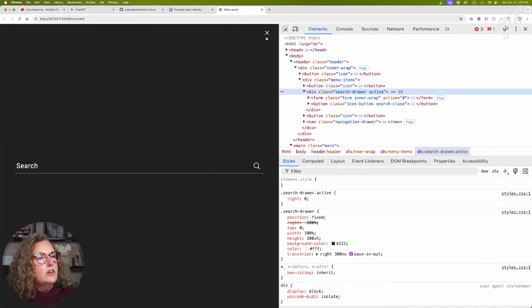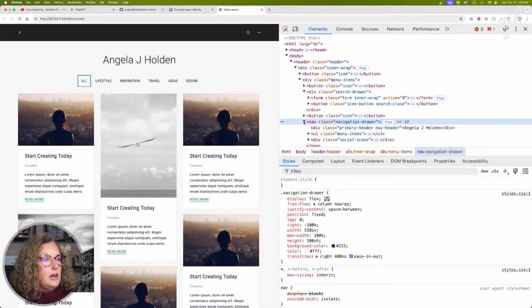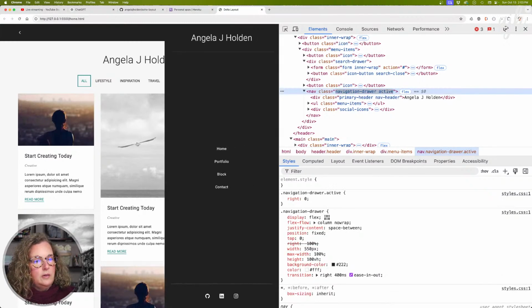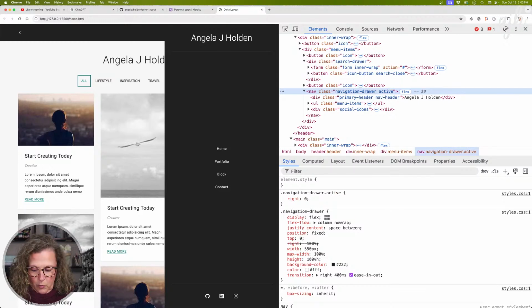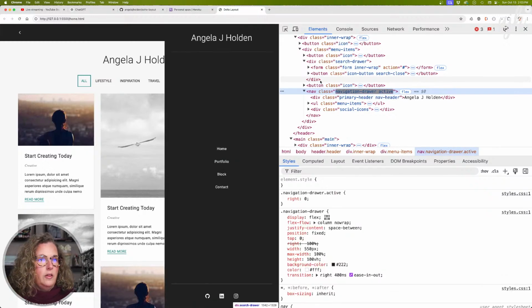And then you can see here that we have this X, which we're going to have to move around a little bit. What I'm hoping is that that X can control the navigation and the search drawer. I don't know if that makes sense quite yet. Here's our navigation. Also love. So I think probably the first thing we should do is, because we don't have that X on the navigation,